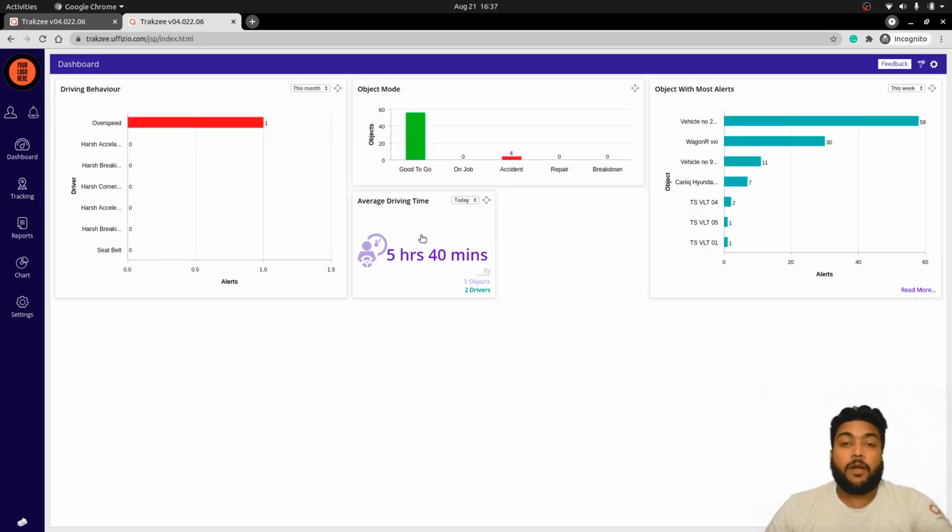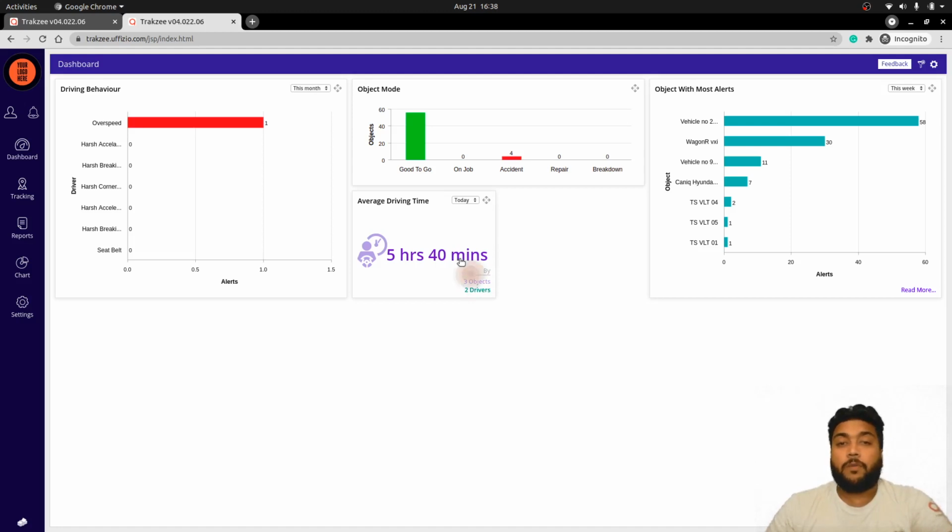Now talking about another widget, that is average driving time. The average driving time will be helpful when a particular number of fleet are available and you want to measure what the average driving time was for a particular fleet. That information, with the total number of objects and the drivers who have driven the particular vehicle, will be reflected.